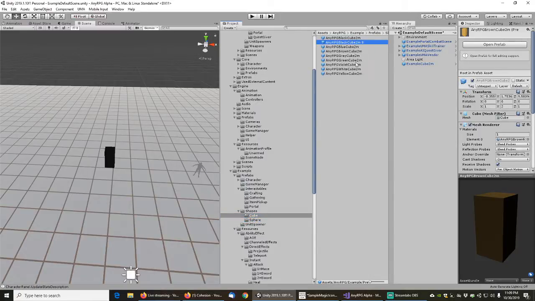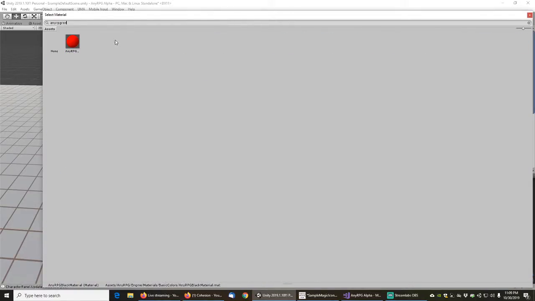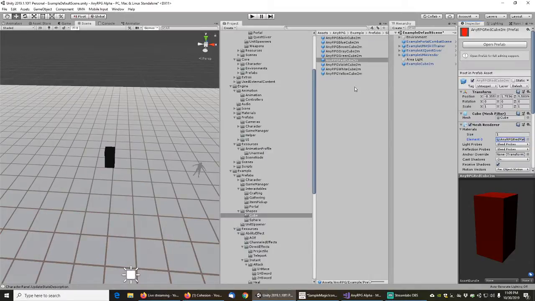We don't have a red cube. Okay, that's better. So now we got a bunch of cubes, and we can use these cubes for whatever we want. So let's go into